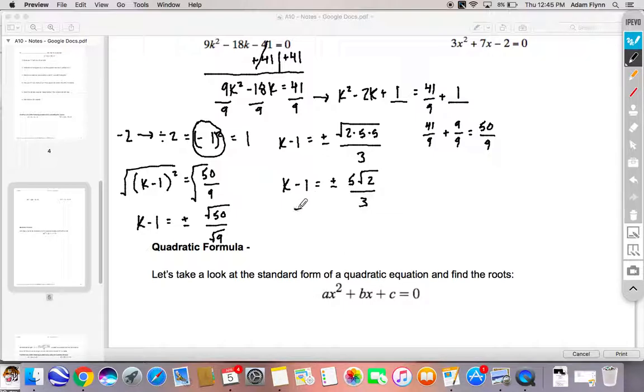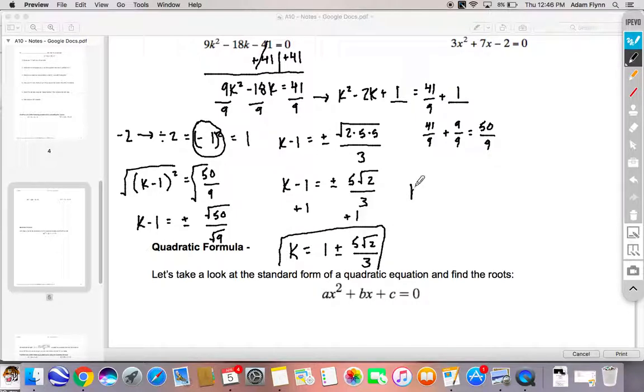So now I need to get rid of the 1, so I'll add 1 to both sides. So our final solution will be k equals 1 plus or minus 5 square root of 2 all over 3. Okay, so you can leave your answer like this, or you can break it up into 2 different answers. So I'll circle this one,